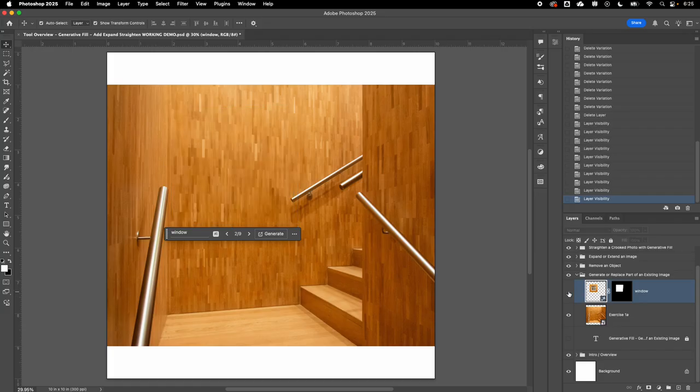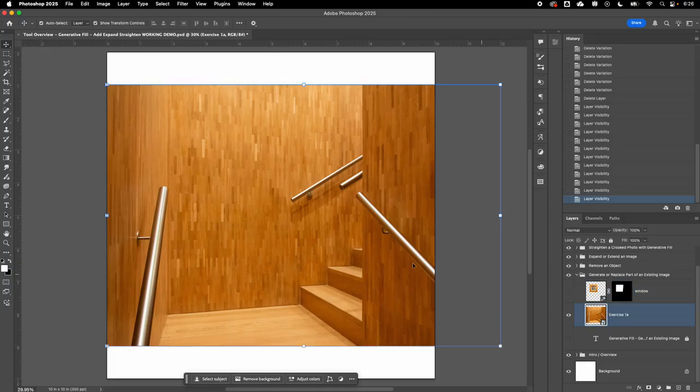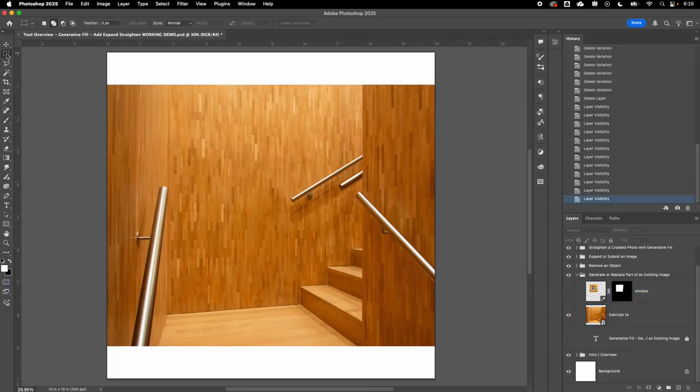Now, before I do that, here's an example of one that I did already where I asked Photoshop to generate a window for this wall. So we'll try something similar. First of all, I do need to make a selection, and any of the selection tools will work for this. In this case, I'll just use rectangular marquee because what I want to do is drag out a rectangle here, and then the contextual taskbar pops up, and I'm going to click on